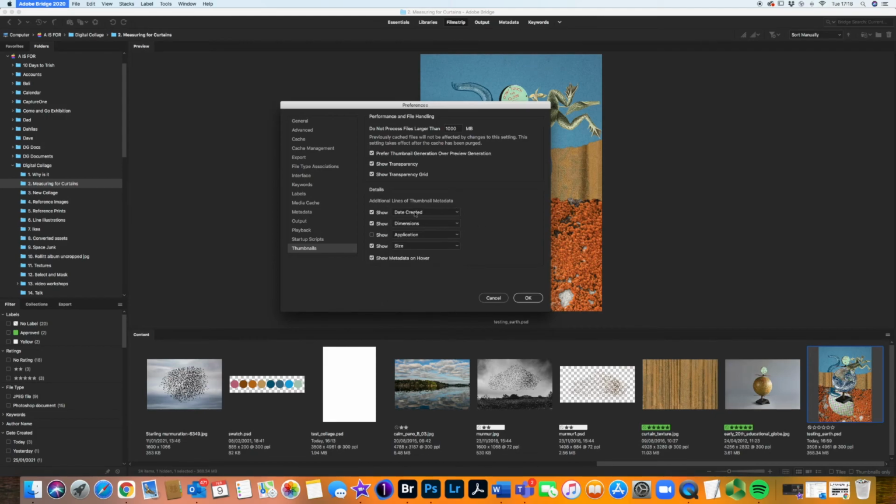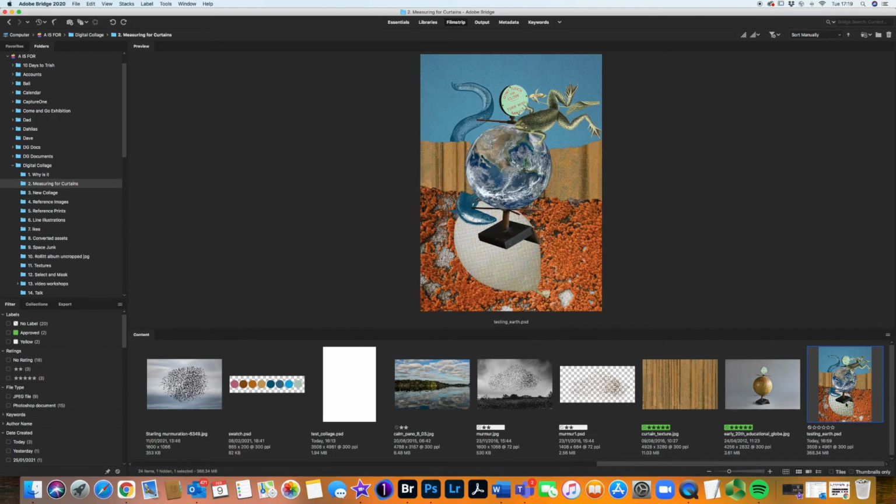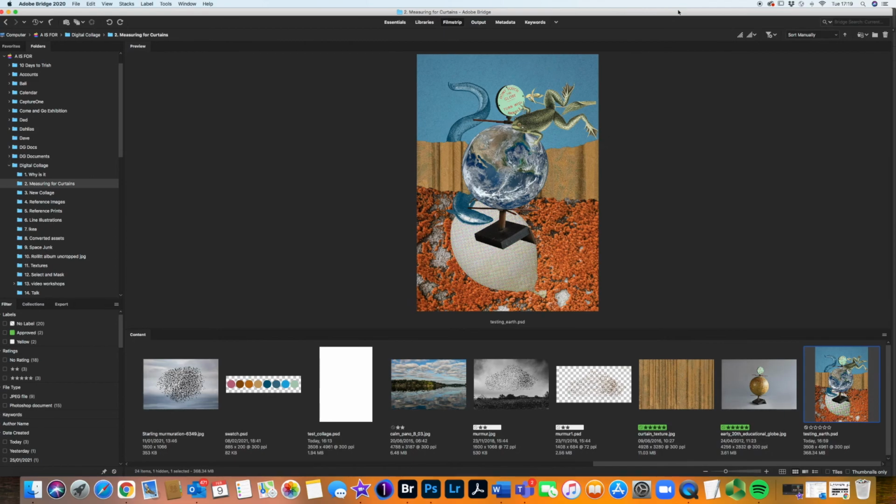So I like to use the date created, which offers the time as well, the dimensions, pixel dimensions and PPI, and also the size, so the physical size of the document. And this means that I can easily and quickly reference some key information, and we can see here again that's a huge file size, and that's just over a third